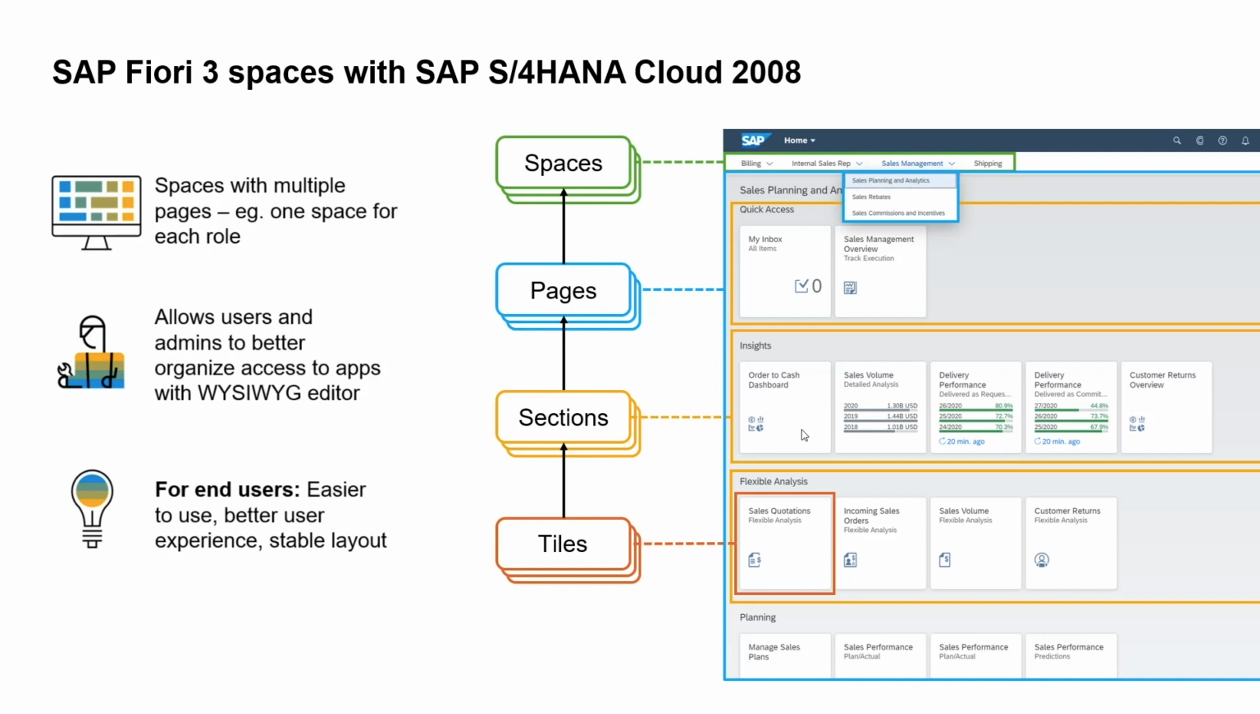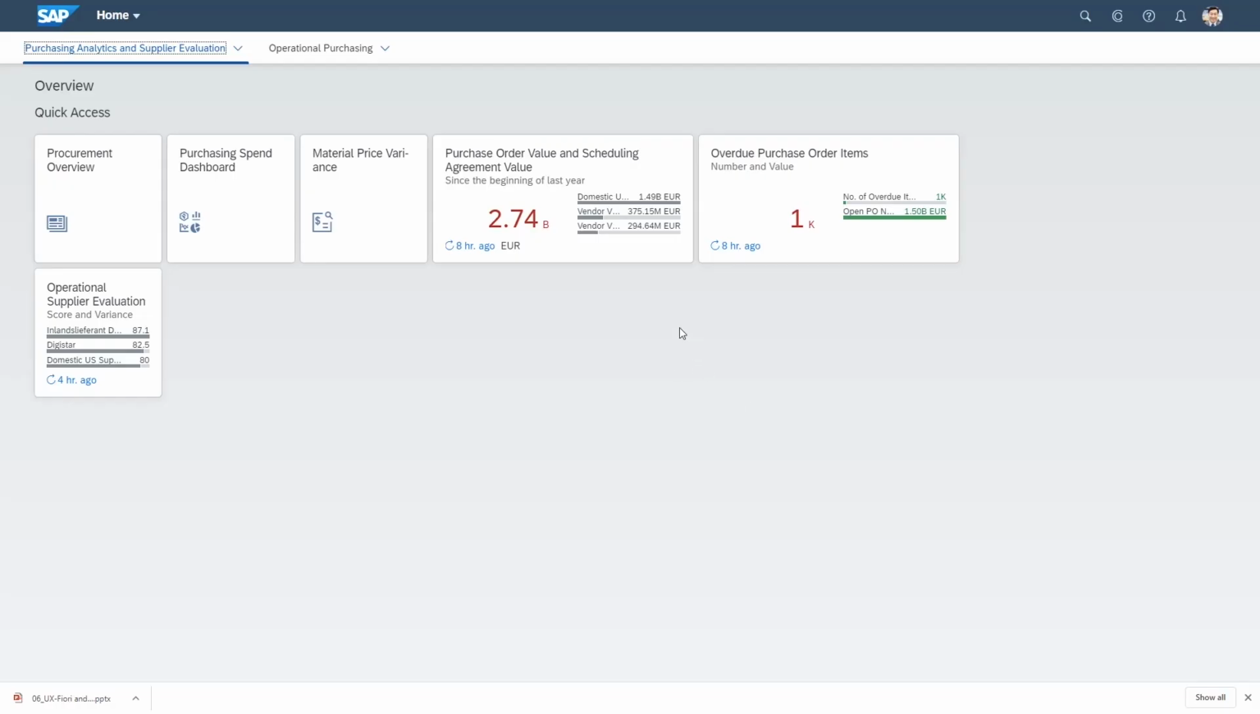We provide a what you see is what you get editor for users and administrators so that it is easy to configure and personalize. The overall result is a better user experience for end users with a stable layout. So let's have a look at what this looks like in S/4HANA Cloud 2008 using an example from procurement and one from sales. Here we see the Fiori Launchpad for a user in procurement who does operational purchasing as well